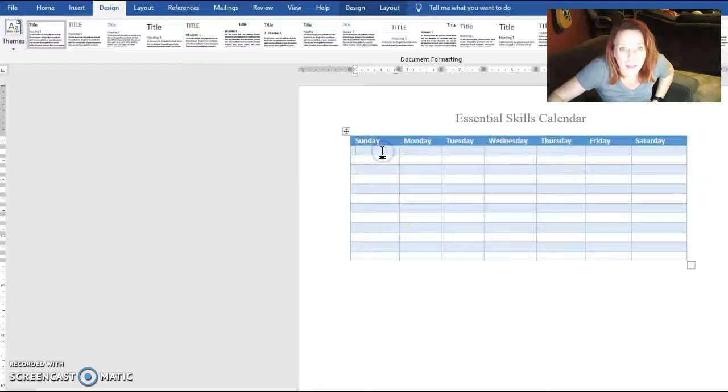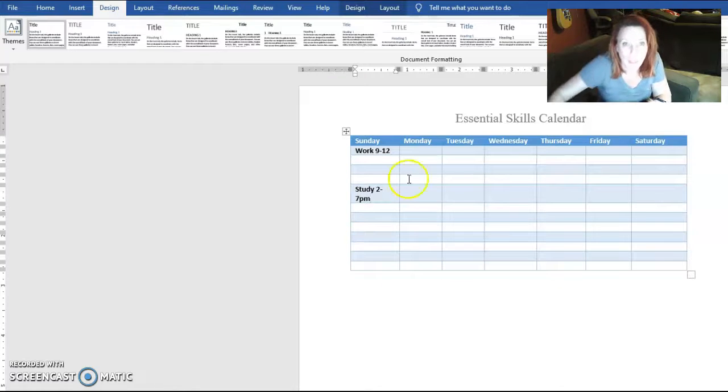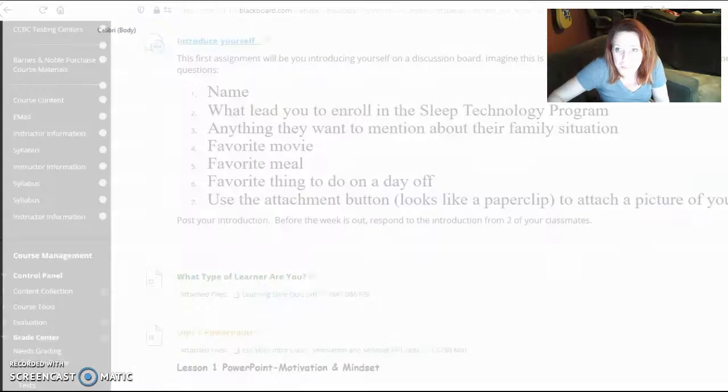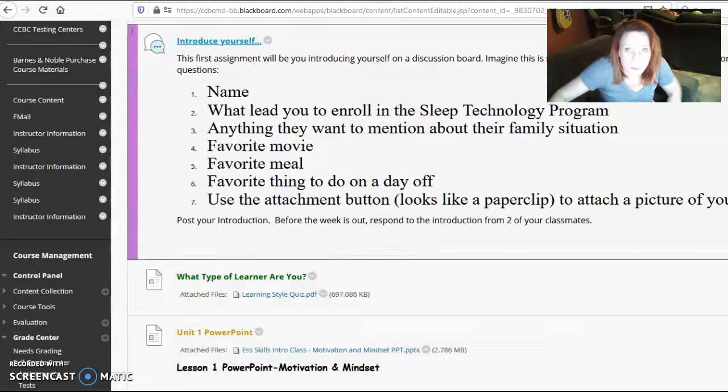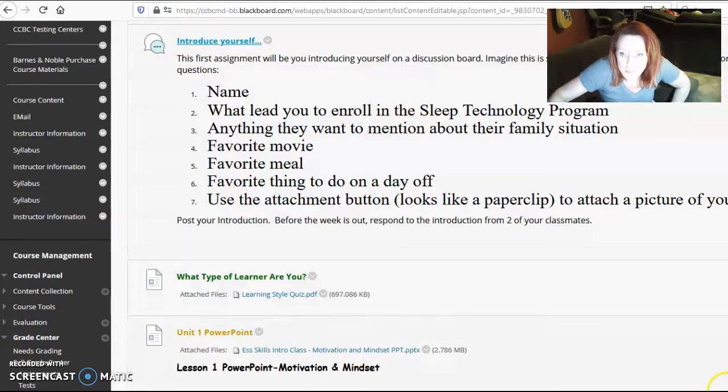So once you do that, you can write in on Sunday, work 9 to noon, study 2 to 7 p.m. And then once you completely fill this out, click Save, and then that is when you go back to where you turn things in,